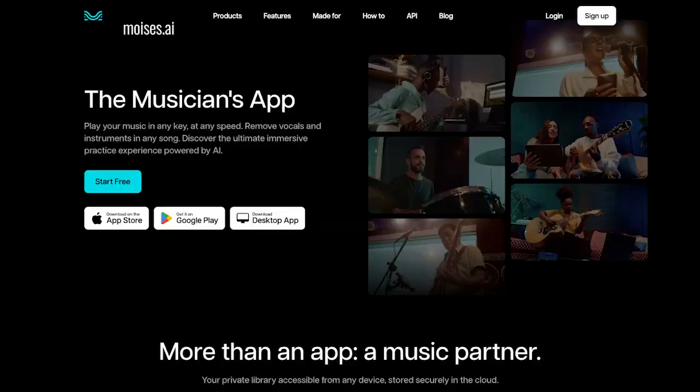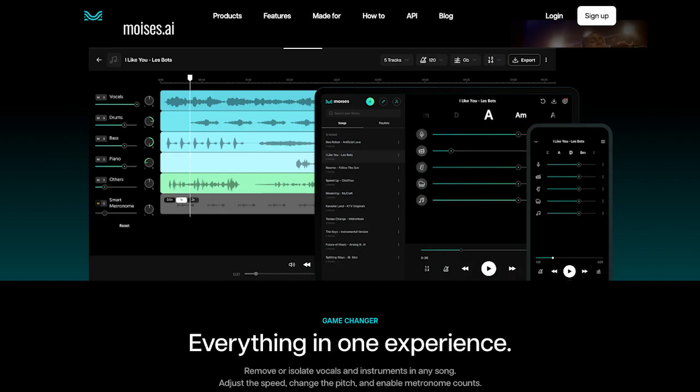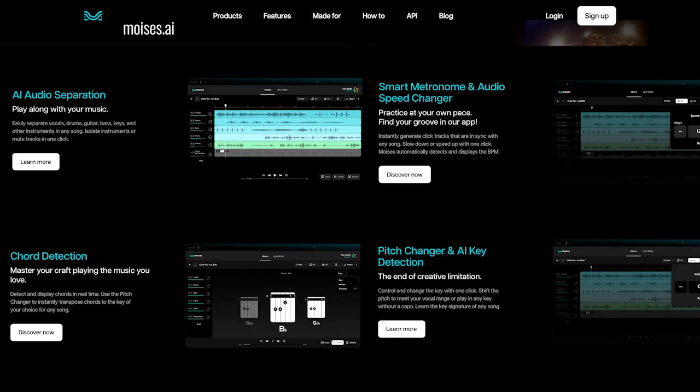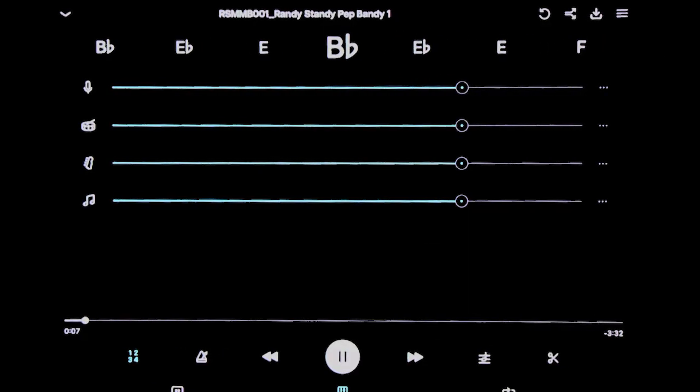The second one here is called Moises. And Moises is a music transcription app. It'll take an audio piece, and so I went online and there was some free music from a composer, Randall Strambridge, and then I loaded it in. If you hit play, it's going through, showing you the key changes here. And then if you take your sliders, you can take a part out.